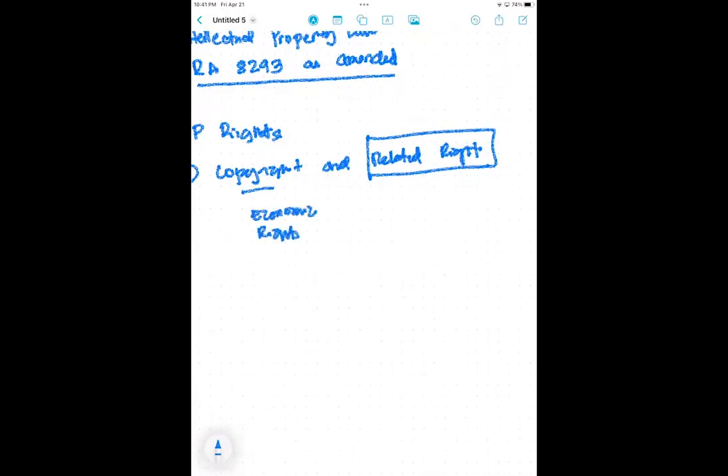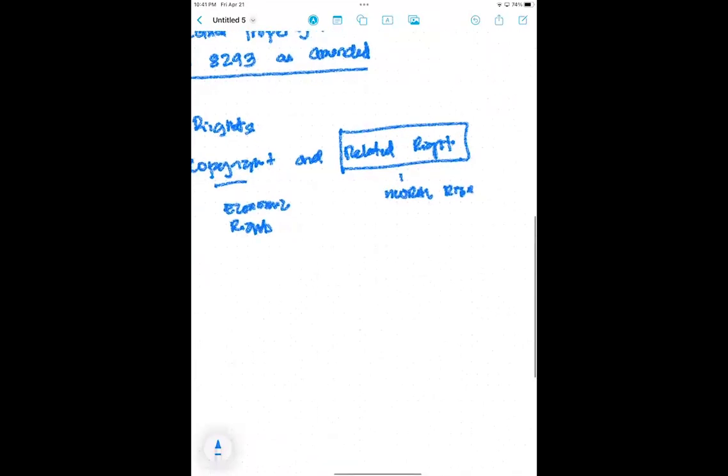But aside from the economic rights, there are also moral rights. So these are the rights to be attributed if you are the author of the work. You ought to be recognized or acknowledged whenever someone will use your work. While that may not be economic in nature, because that particular acknowledgement may not be compensated, but that